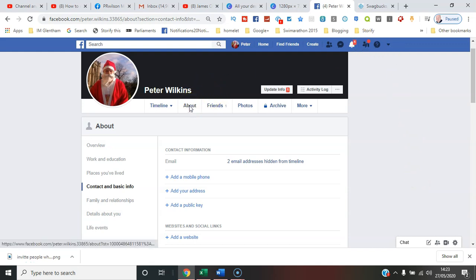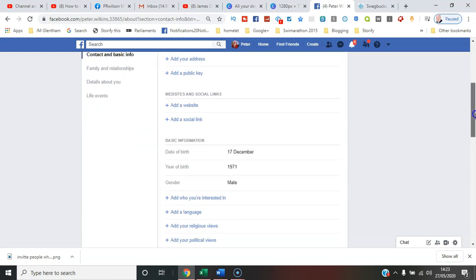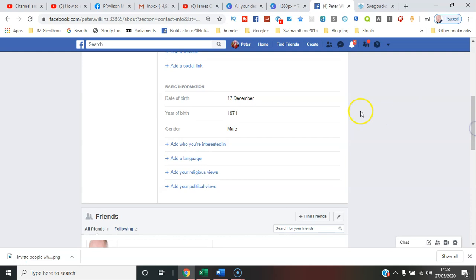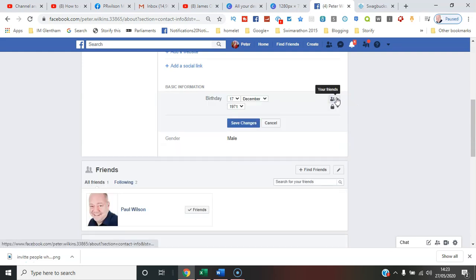Clicked on the About here and I selected Contact and Basic Information. So just scroll down a little bit here, you'll see 3 entries, date of birth, and if I click Edit there, you'll see currently it's set to display the date, 17th December, to friends, but if I look at the next option,